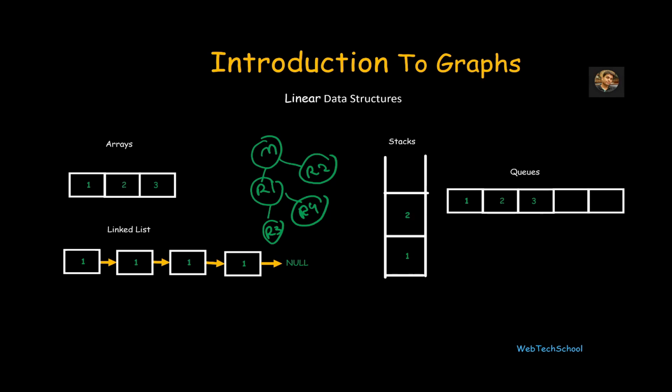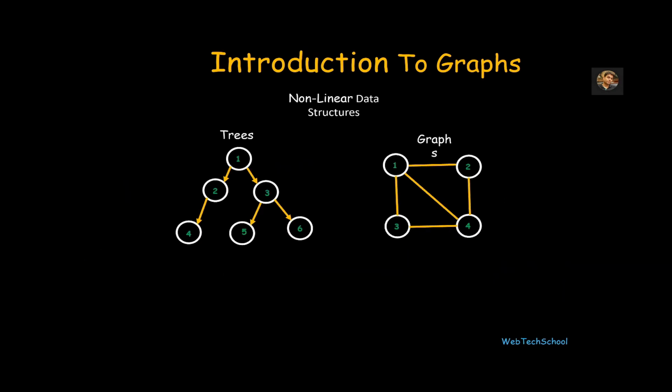Another example would be in a social network site, while storing the friends, let's say we have A is a friend of B, and B is a friend of C. A is also a friend of C, and C has a friend D, and A is also a friend of D. For storing data in these situations, linear data structures are not good enough. So that is when the nonlinear data structures exist. Some examples of nonlinear data structures are trees and graphs.